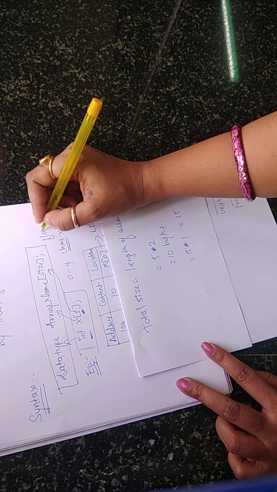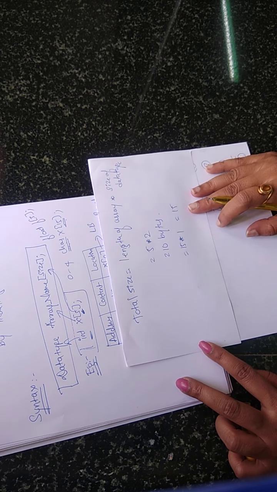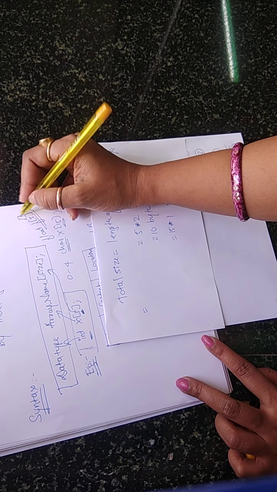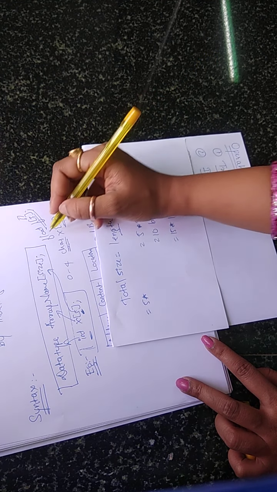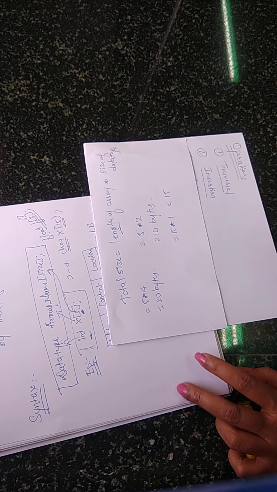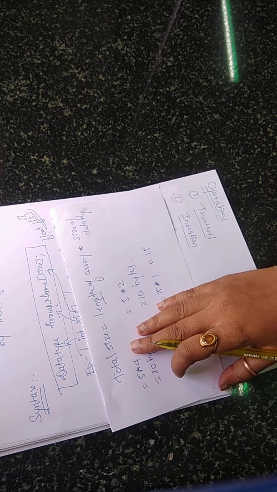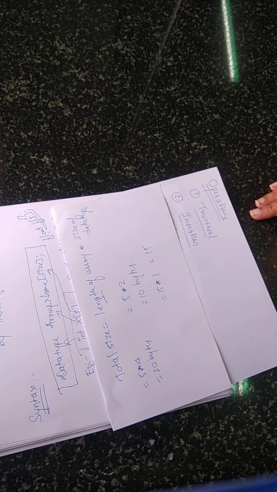For example, if I had taken float f of 5. Now we want to find the total size of this array. First you have to find the length of the array. What is the length of the array? It is 5, into the size of the data type. What is the size of the data type? It is 4 bytes. So 5 into 4 is 20 bytes. Done? Like this you have to find the total size of each array. Your total size of each array is based on this formula: total size is equal to length of the array into size of that data type. So like this you can find it.